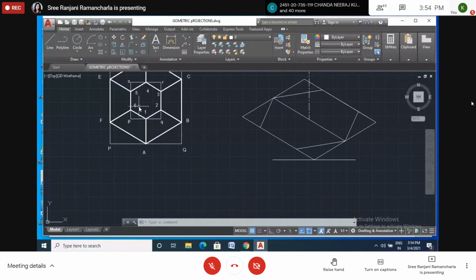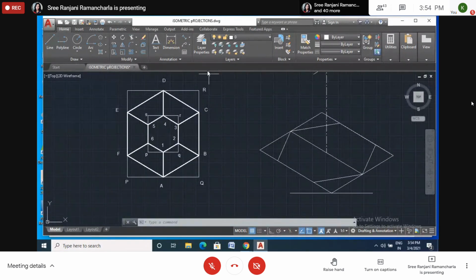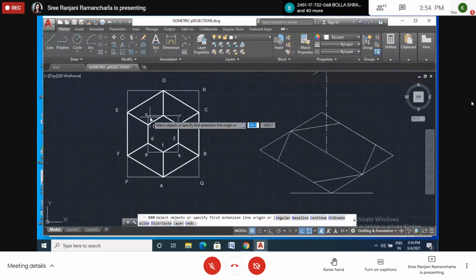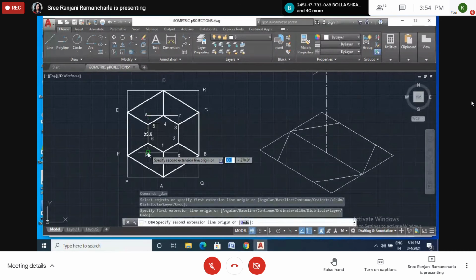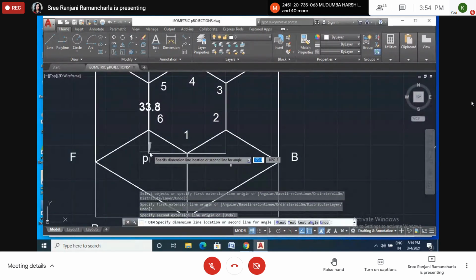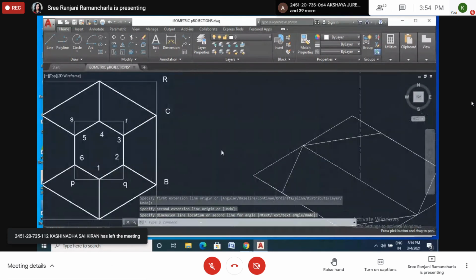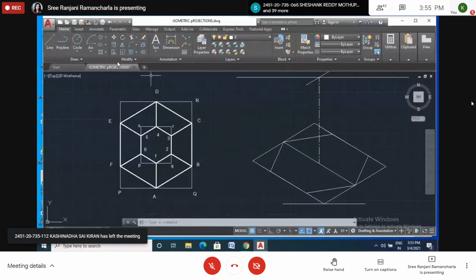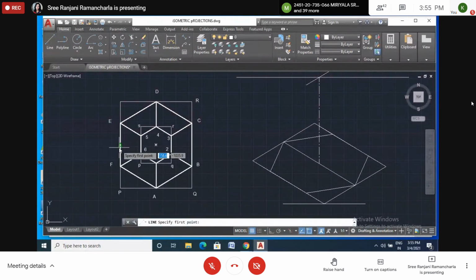Okay. So this right side we have drawn. But what about the left side? So left side, what is the length? We have to measure this length. It should be 40. 33.8. So we'll take 33.8. 33.8 means we have to measure it from center.